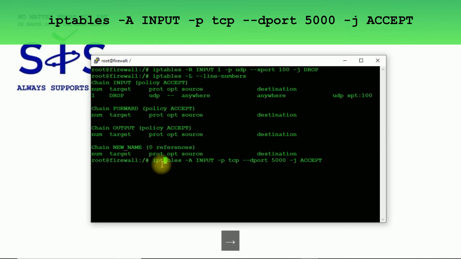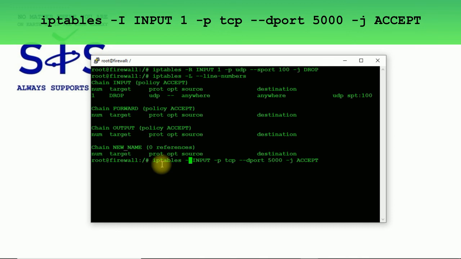What to do to add it on the first place? We need to change append to insert, so dash capital I, and next specify the number of the rule that we want to see our new rule.